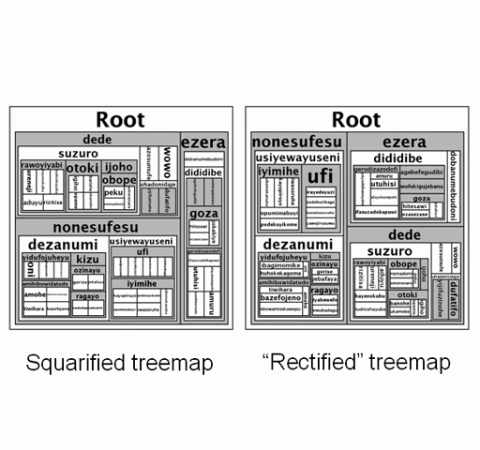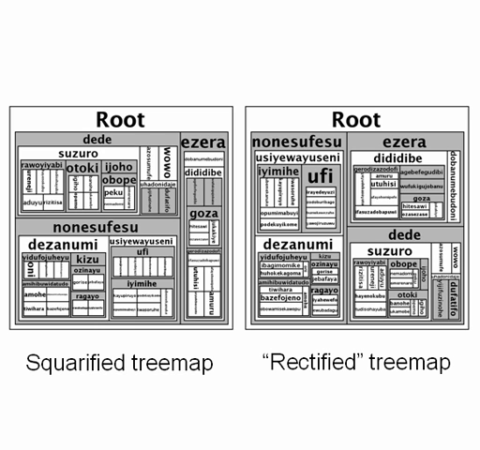A third example of how we can improve space efficiency and improve legibility is shown here. On the left we have what's called a squarified tree map. In a squarified tree map, there's a special layout algorithm that is used to choose where the nodes are, and this algorithm tries to make the aspect ratio of the nodes as close to 1 as possible. Okay? Now this